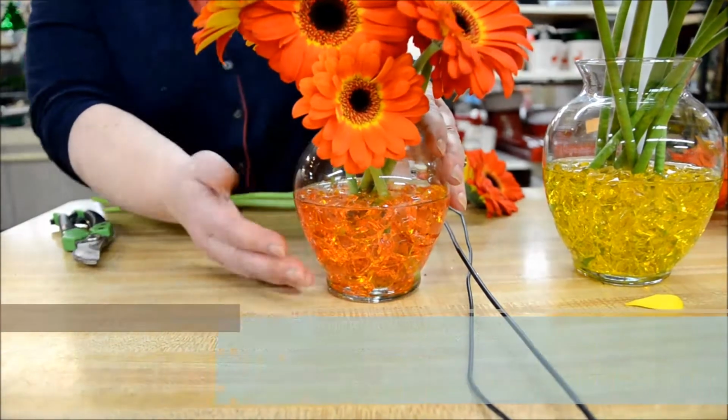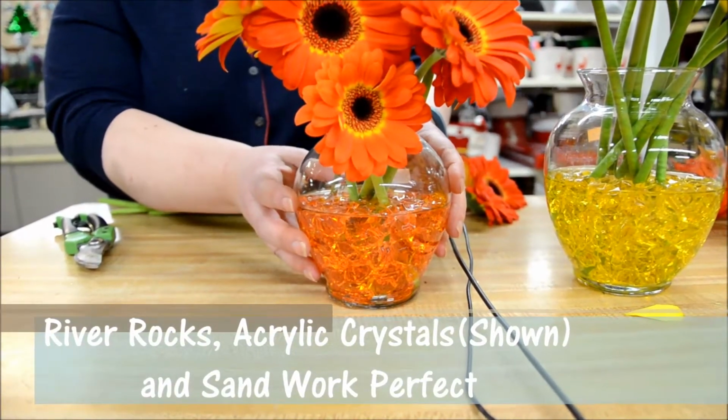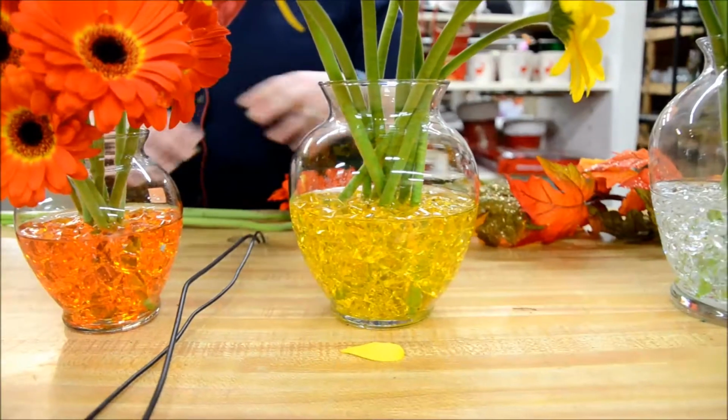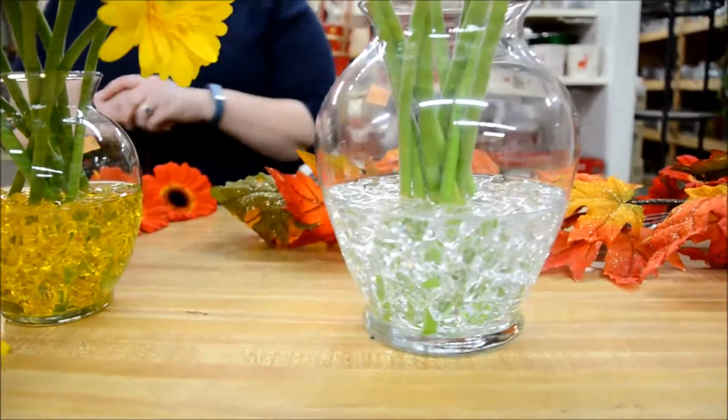So in the bottom of the vase, you want to make sure you put in some sort of rock that the stems can sit in to keep your flowers upright. There's all sorts of items you can use. There's colored sands, colored rocks, there's the polished glass stones, or even river rock look beautiful when you're doing flower